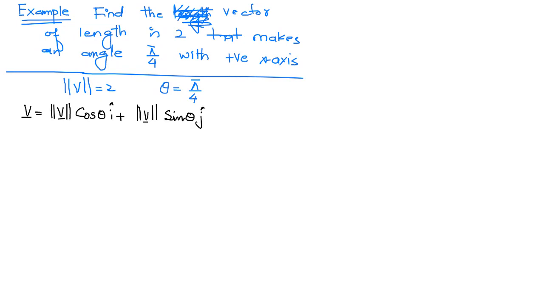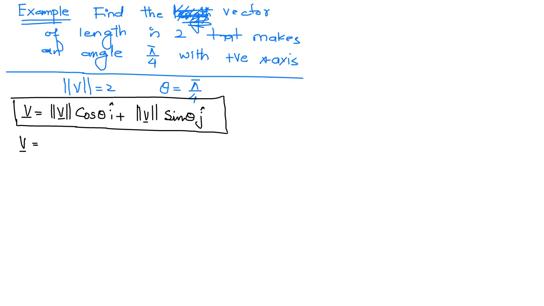We substitute the values of theta and mod of v in this formula. Mod of v is 2, cosine of pi by 4 i plus mod of v is 2 and sine of pi by 4 j. When you simplify this one,